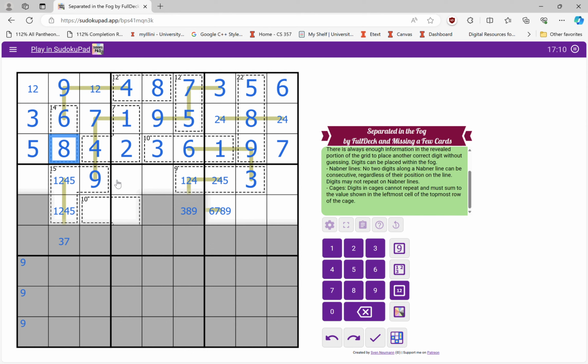Okay, where do I go now? This column here is 1, 2, 4, 6, 7. That is not right at all. That is, yeah, that's definitely not where I go next. Alright,